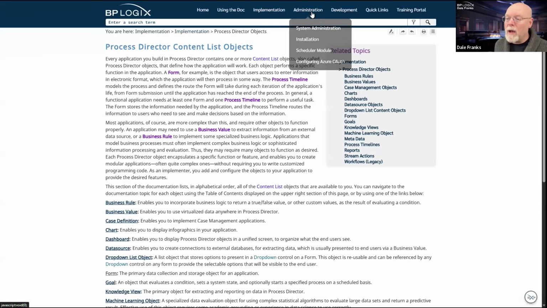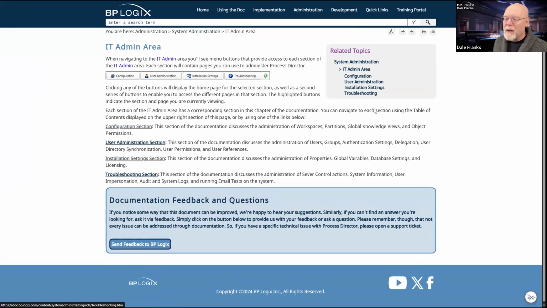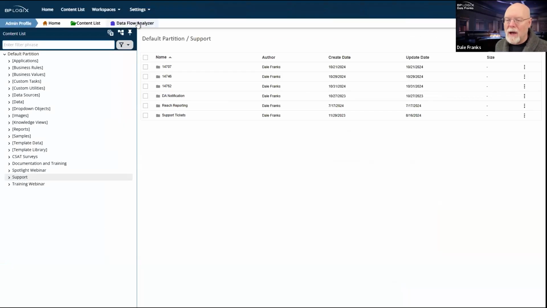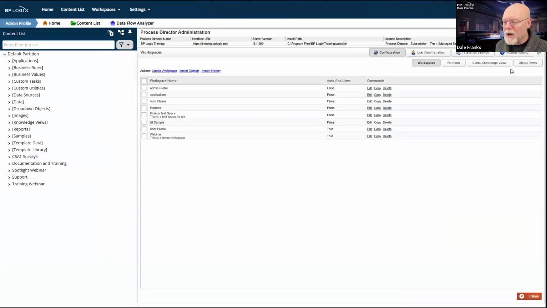Similarly, if we look at the System Administrator's Guide, and we go here to IT admin area. Well, it's split up into configuration, user administration, installation settings, and troubleshooting. And of course, if we go into IT admin, we'll just go into any one of them.